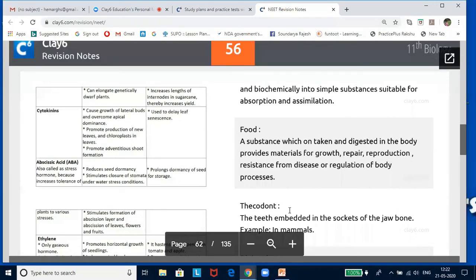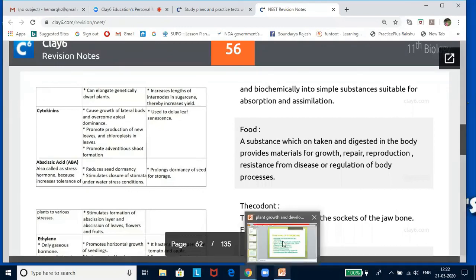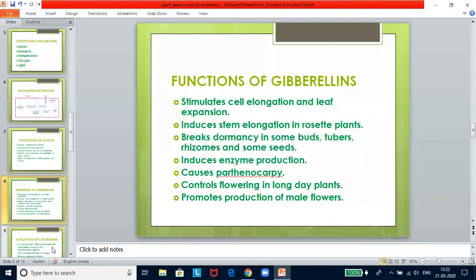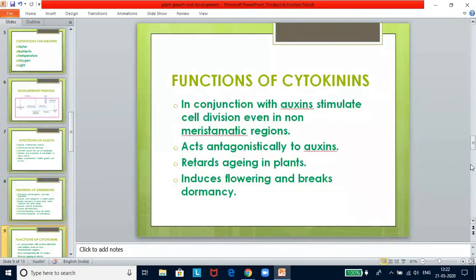The search for natural substances with cytokinin-like activity led to the isolation of zeatin from corn kernels and coconut milk, etc. Since the discovery of zeatin, several naturally occurring cytokinins and some synthetic compounds with cell division promoting activity have been identified from plants. Cytokinins are synthesized in areas where cell division is occurring, for example root apices, developing shoot buds, young fruits, etc. Now let us look at the functions of cytokinins. So, as I said, they do not function alone.